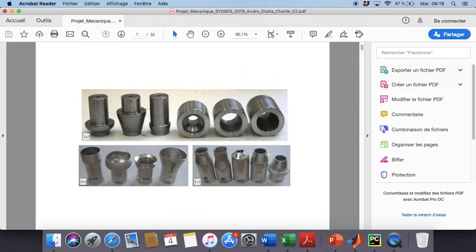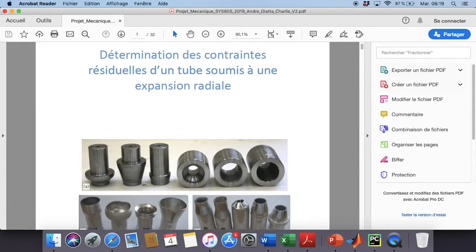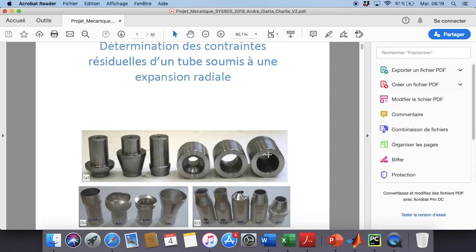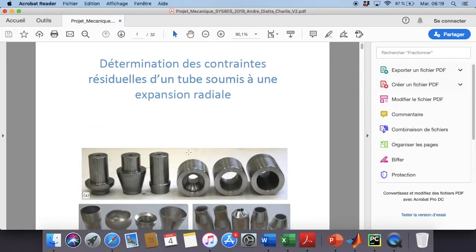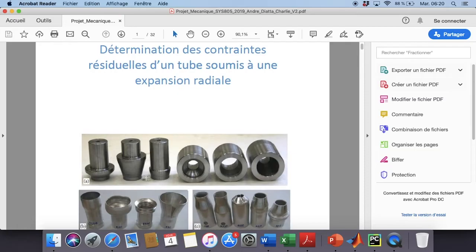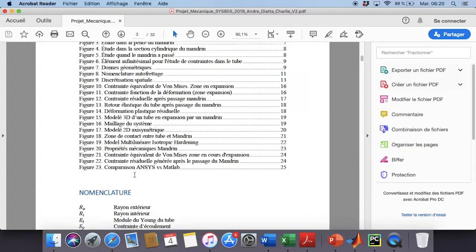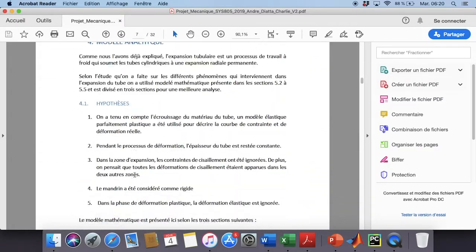So my last software was for this project. It's a project for the course of mechanical advanced resistance of materials, and I need to code an analytical model for the residual stress in a tube after radial expansion with a mandrel. So me and my team developed a code